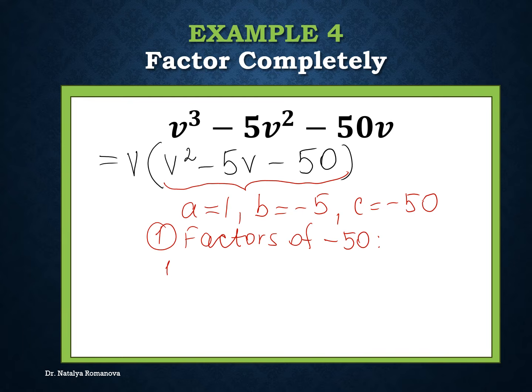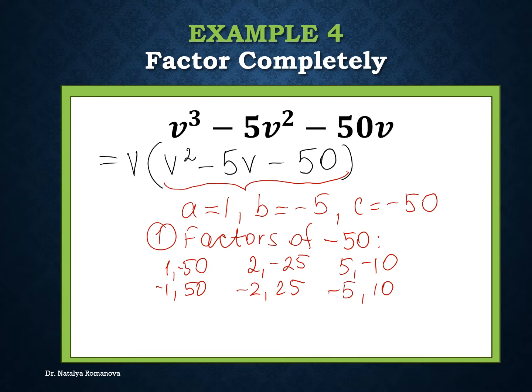The first couple 1, negative 50, the second negative 1, 50, after that 2, negative 25, negative 2, 25, after that 5, negative 10, negative 5, 10,